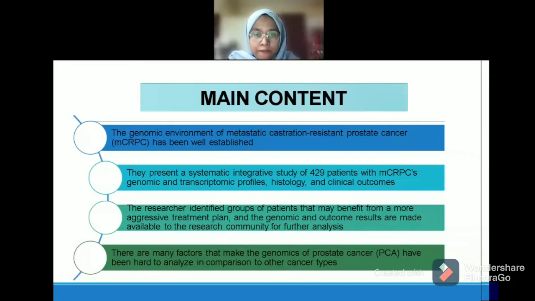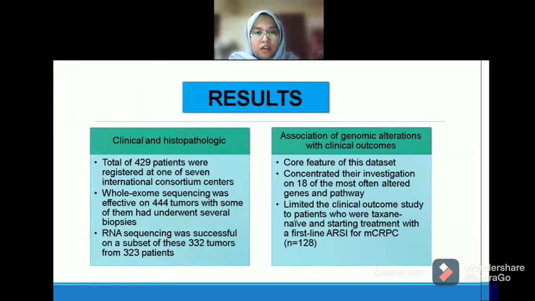The researchers identified groups of patients that may benefit from a more aggressive treatment plan, and the genomic and outcome results are made available to the research community for further analysis. There are many factors that make the genomics of prostate cancer hard to analyze in comparison to other cancer types. The results are divided into two parts: clinical and histopathologic, and association of genomic alterations with clinical